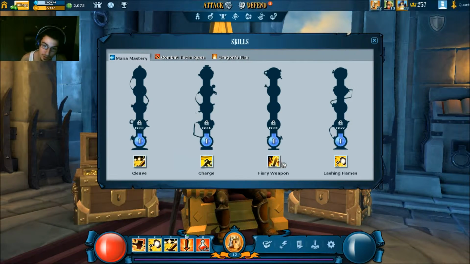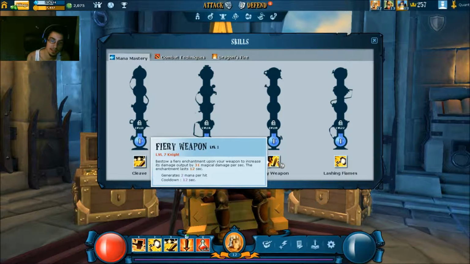But we're moving on. We got Fiery Weapon. This is an enhancement which increases your damage over time if you hit with your weapon. That's basically it. It enhances your weapon for 12 seconds and you have a 12-second cooldown. So if you spam it whenever you can, you will get 31 magic damage per second. It's quite a good ability, but